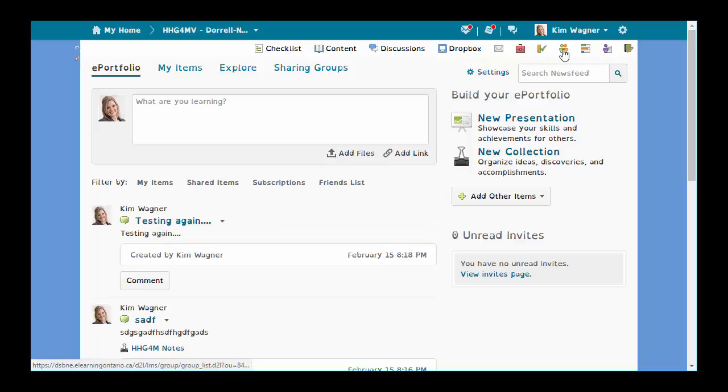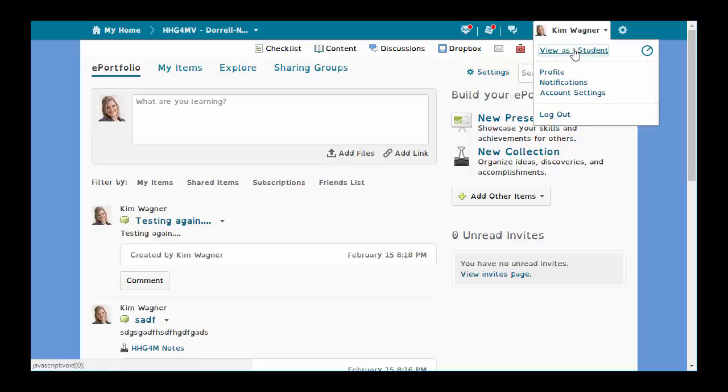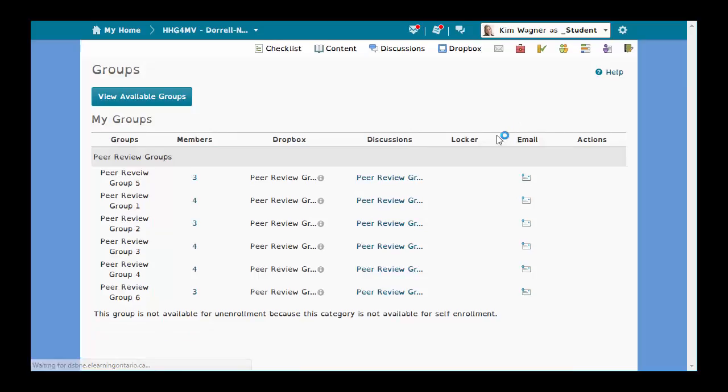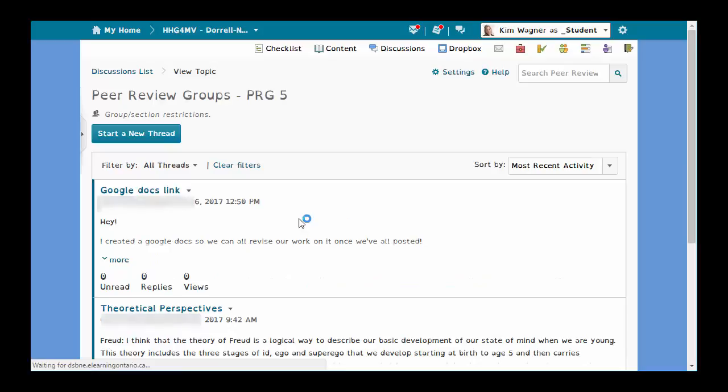Another tool is the groups tool. I'm going to view as a student and then go to the groups tool, and you'll see just one of your groups here, but you will have a link to go to your group's discussion, and it's a discussion that only you see with your group members. You could also select this email icon and it will pop open an email that you can email just to your group members. So if I go to the discussion here, you can see some people have posted already in this discussion for the group activity, but you can use it for other purposes other than this group activity